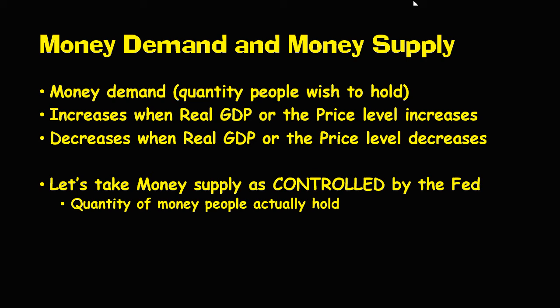Let's assume for this analysis that the money supply is controlled by the Fed. We know that it's only sort of controlled by the Fed. At times, the amount of money out in the system jumps one way or another because of things that banks do or things that consumers do, and the Fed can act and get it back on track, but it doesn't exactly control the money supply every second of every day. But the quantity of money, the money supply, is the amount of money that people actually have. So we're comparing how much money I want to have versus how much money I actually have.